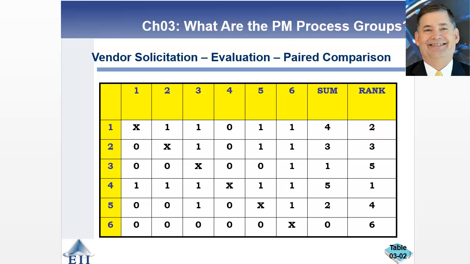1 versus 3, 1 won. 1 versus 4 is a 0. That means consultant 4 won. And so on and so forth. And so that allows you to rank them. If I go down to